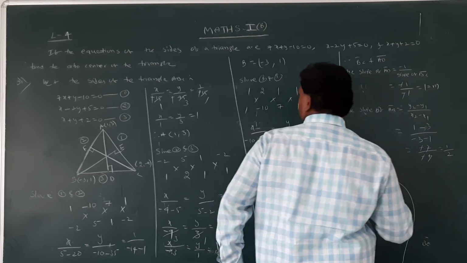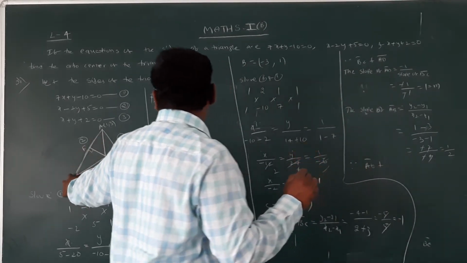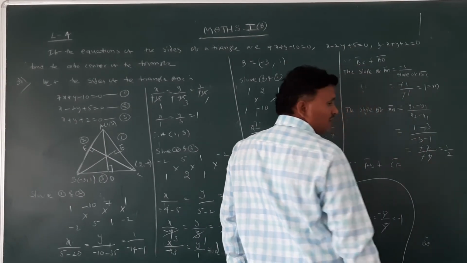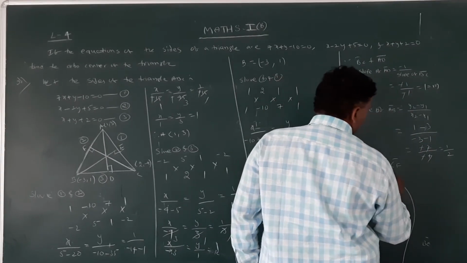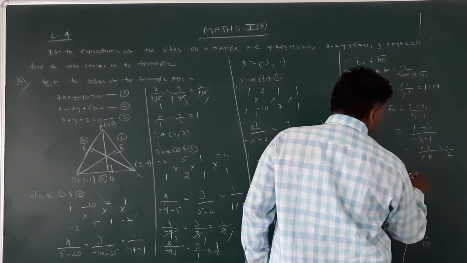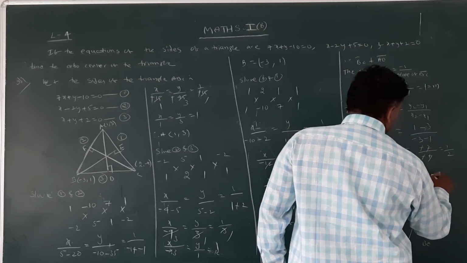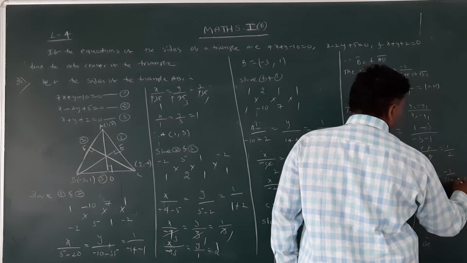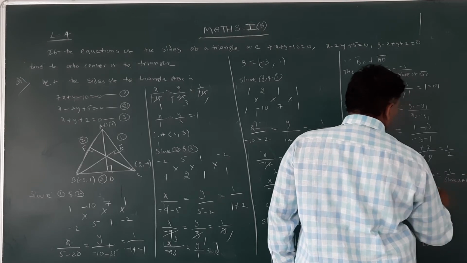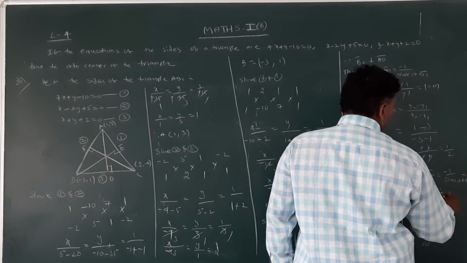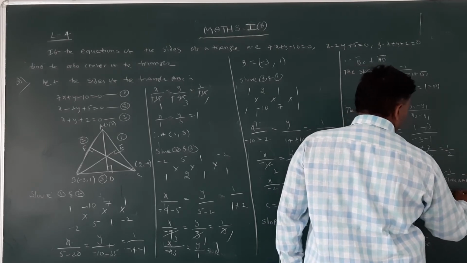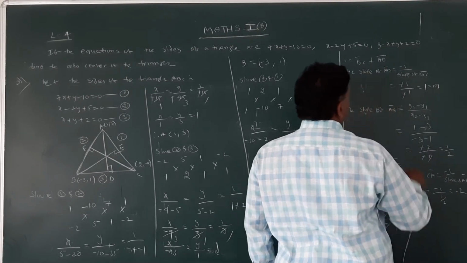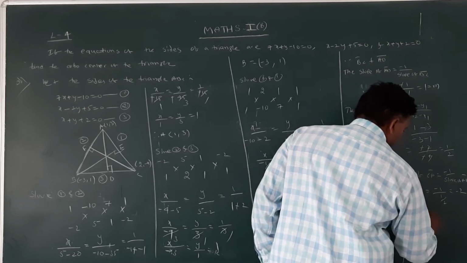Since AB is perpendicular to CF, the slope of CF is equal to minus 1 by slope of AB. What is the slope of AB? 1/2. So it is equal to minus 2. First we find the equation of AD,